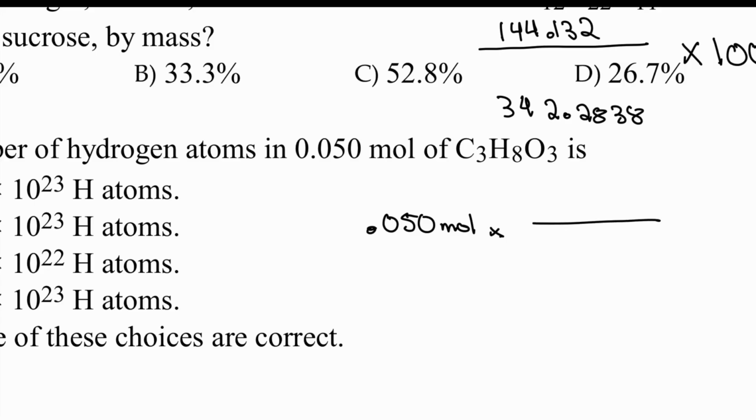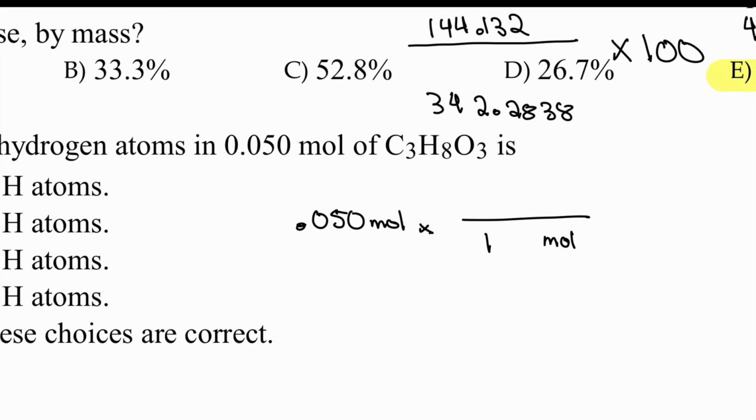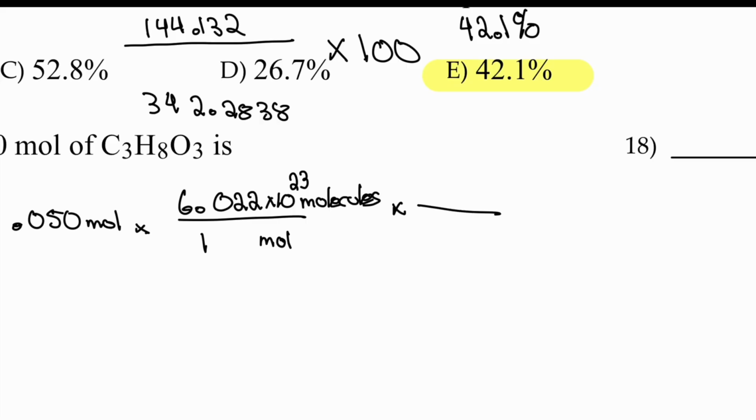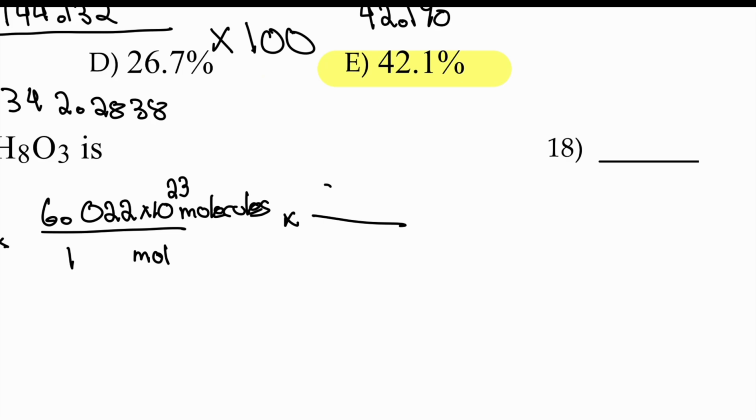They want hydrogen atoms, so we know we have to get out of moles, 1 mole, and we're going to actually go to molecules here. We're going to use Avogadro's number, go straight to molecules. Then, how we've been doing it, since we want hydrogen atoms, we're going to multiply by 8 atoms of hydrogen over 1 molecule